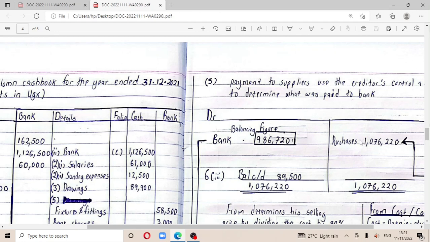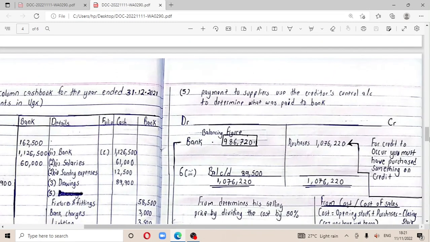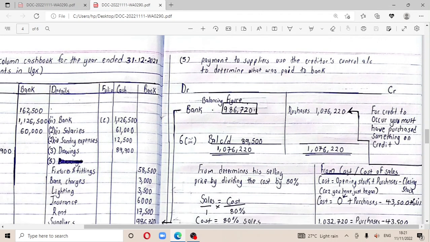Since we are not having opening balances, and this is our first time to do this, we won't have the opening balance. We shall only be having the ending balance. So after doing that, you will be having a missing figure for purchases. How do you know that I'm having a missing figure for purchases? It's because once you have to relate back to this statement that I made. Once a credit occurs, you must have purchased something on credit, meaning we have to determine what was purchased. But determining what was purchased, borrowing from the question at a particular point was saying from